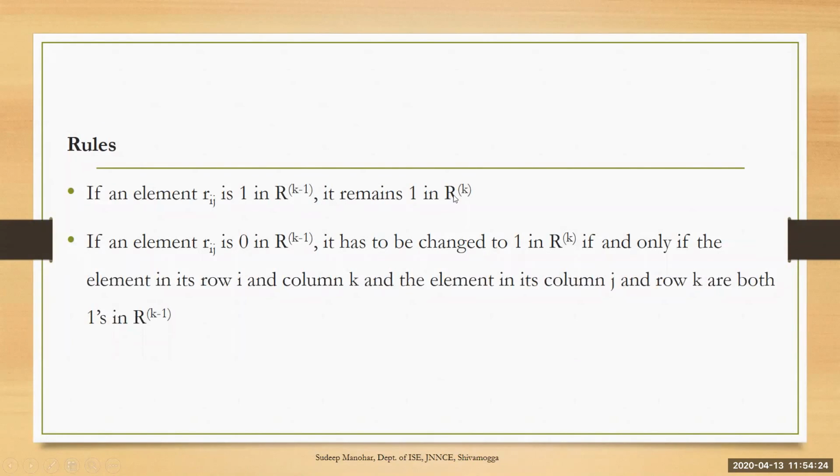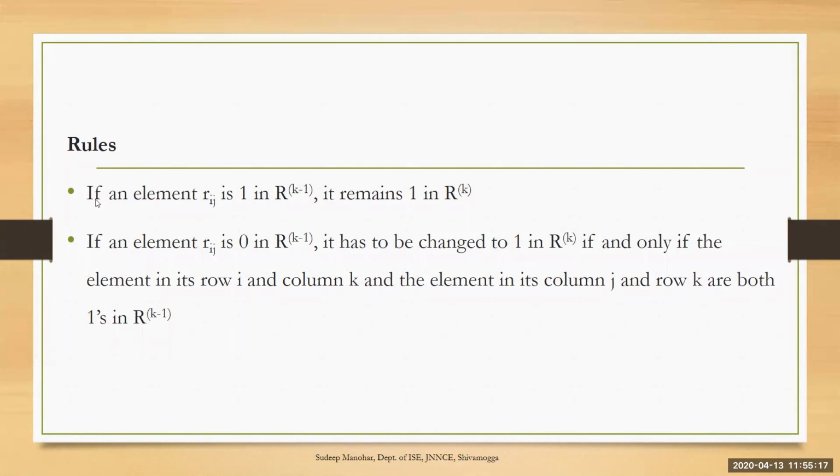Finally, it will go to the last stage where the transitive closure is obtained, that is R4. So starting from R0 till R4. Okay, so it will continue, and totally 5 stages will be there. If the value of n is 4, totally 5 stages will be there, and at the end of the 5th stage, we will get the transitive closure.